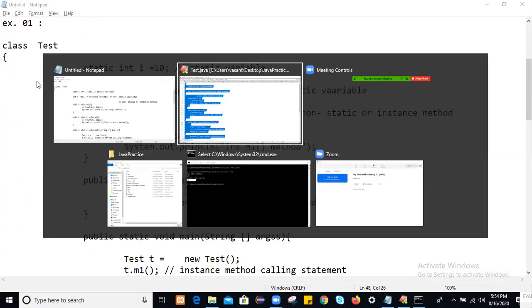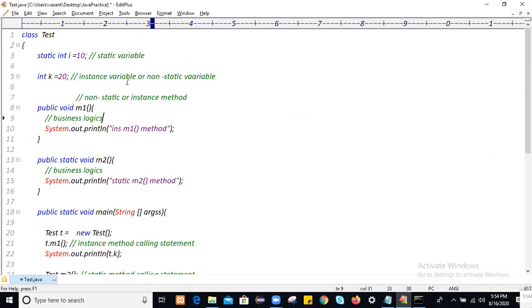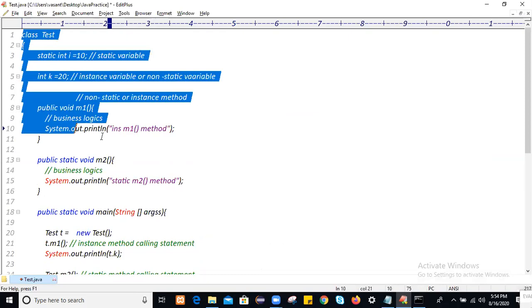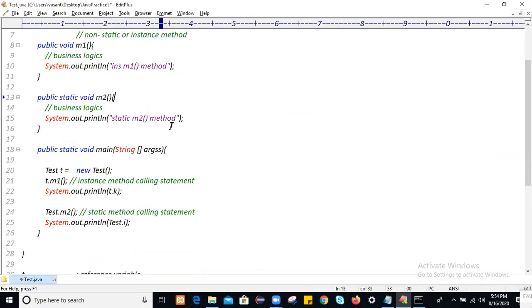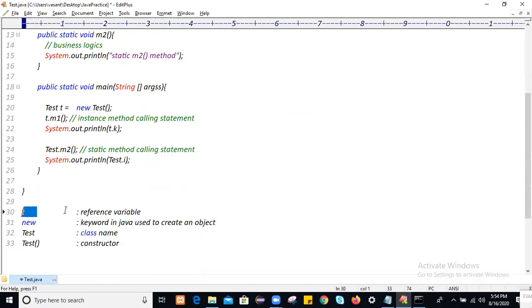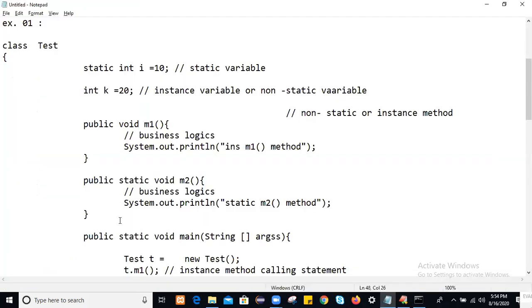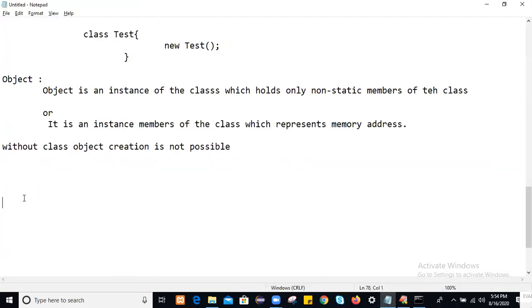Or else we can take this example from here also, class and object. t is the reference variable, and every reference variable in Java holds a memory address.